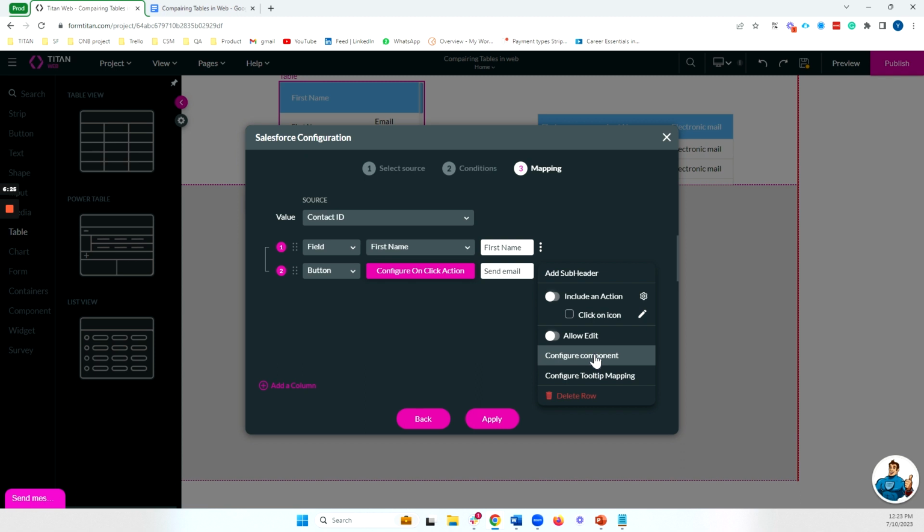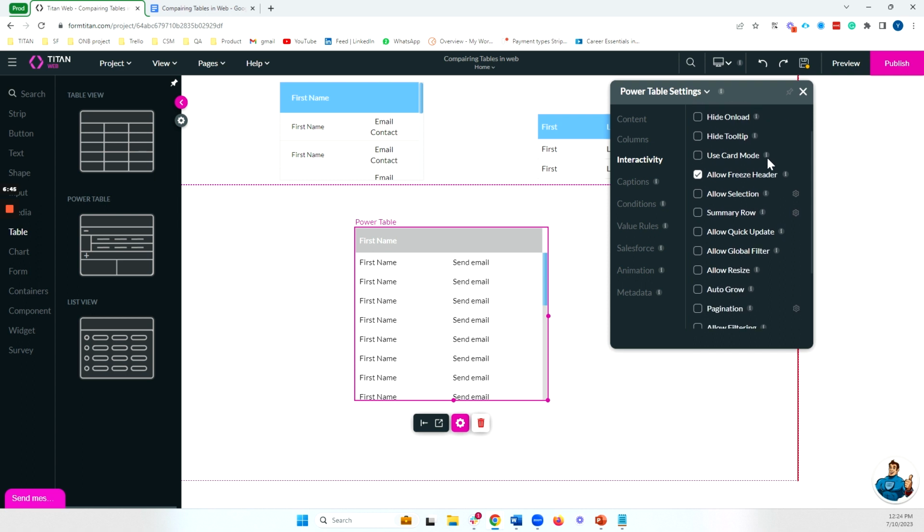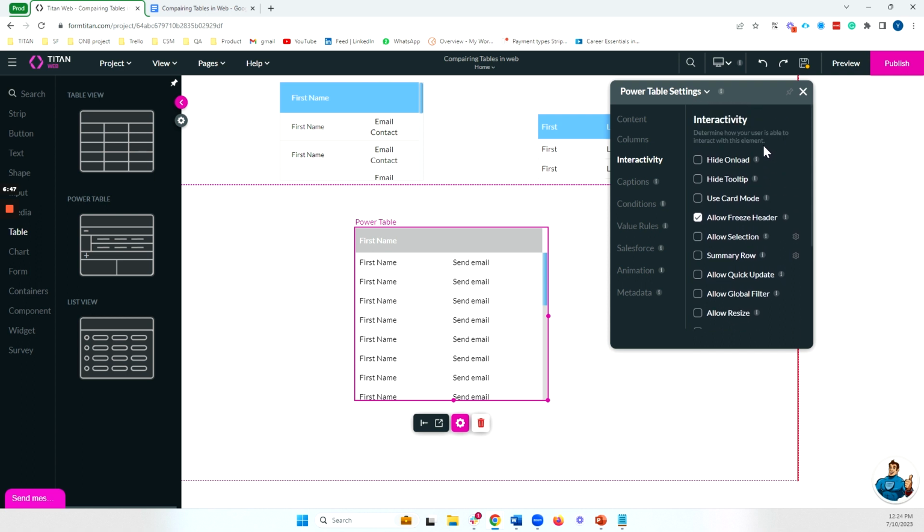So we can configure a table within a table or an iframe within a table, and we can drill down within the table to see multiple related records related to the row that you click on. We have a lot more robust functionality here with our power table. And if we look under interactivity, we can see as well many more options under interactivity, a lot of what we saw for the normal table view,